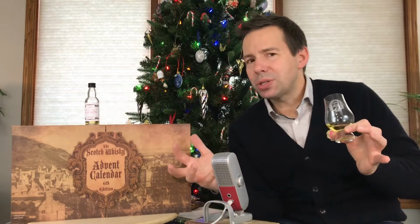It's really interesting because typically you find Milton Duff in a sherry cask. So here we have it in a bourbon. And it's still very fruity. I still get some dried fruits. Isn't that interesting? It seems as though the ideal cask for Milton Duff might actually be sherry, but this bourbon